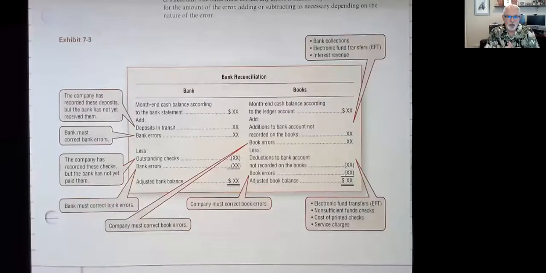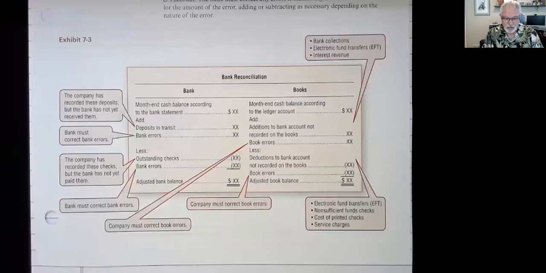Okay, so what we want to talk about here is bank reconciliations. Why do we do a bank reconciliation? Okay, the big question is why don't we do a bank reconciliation, for many of you that don't do bank reconciliations? I do bank reconciliations as a part of my profession. And in the case of accounting, your work's not done until you've actually completed all the reconciliations of your cash